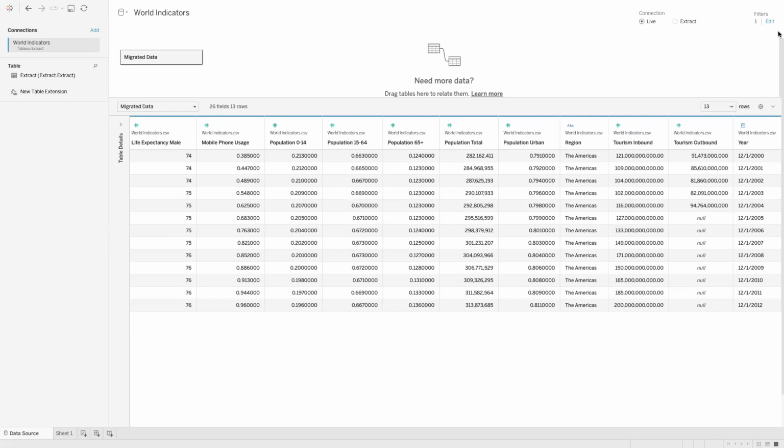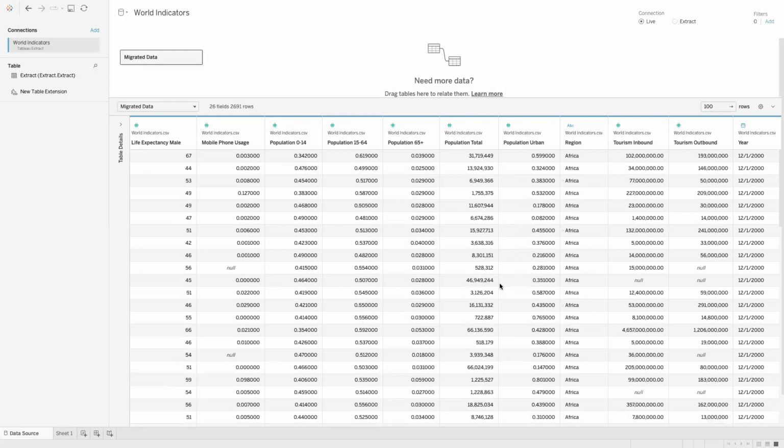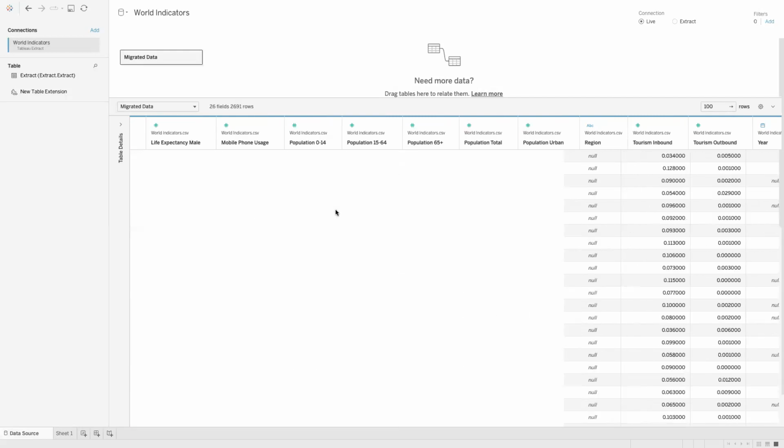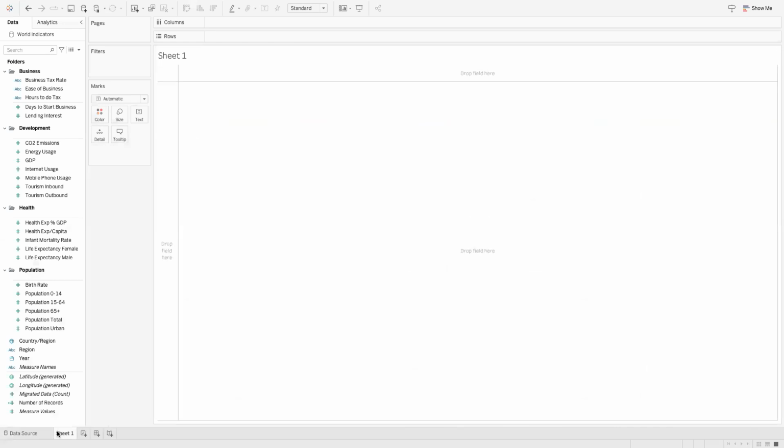So I'm going to remove this filter because obviously this is way too little data to work with for what we want to do. So I'm just going to go back in here, and then I'm going to click remove. So now the filter's gone, and the data is going to repopulate back to normal. So now that we've taken a look at the data, let's go back into sheet 1. So now that we're in sheet 1,